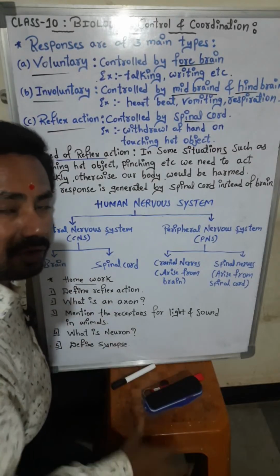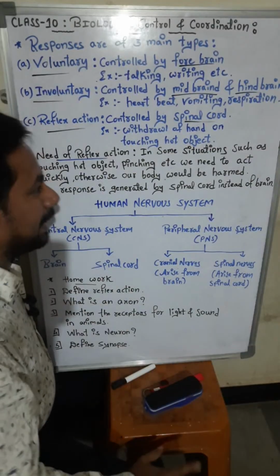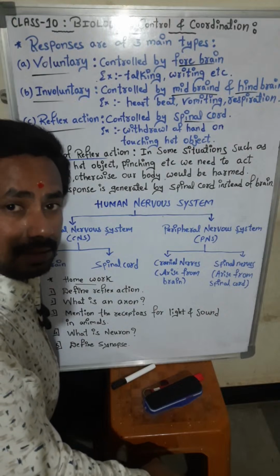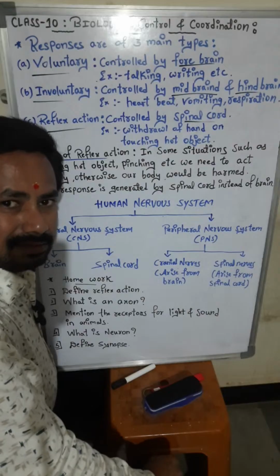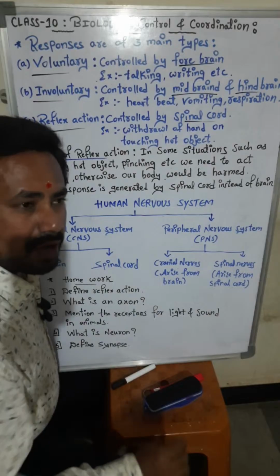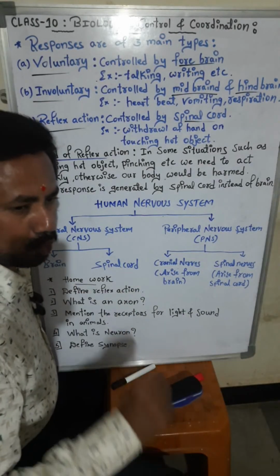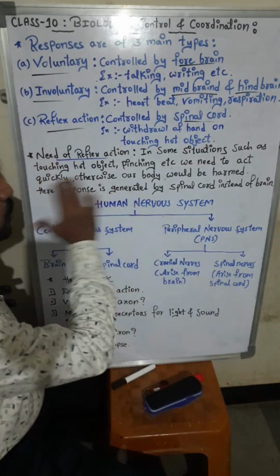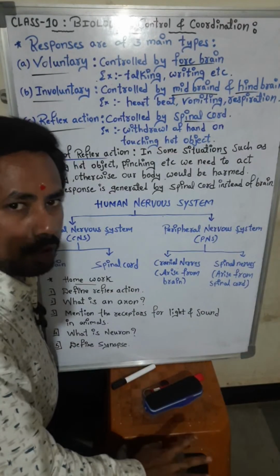Why should we have reflex action in animals and human beings? Why? Take the example of monkeys, students. Monkeys watch here and there spontaneously, immediately. When you throw a stone, it suddenly responds, a very quick spontaneous response. That is actually reflex action. It is very important to protect our body.